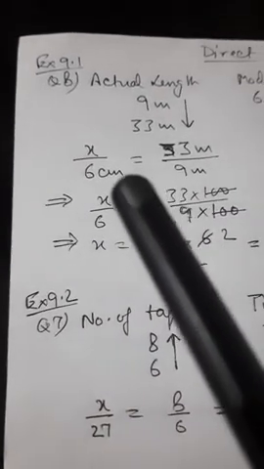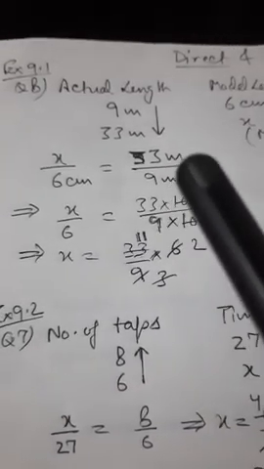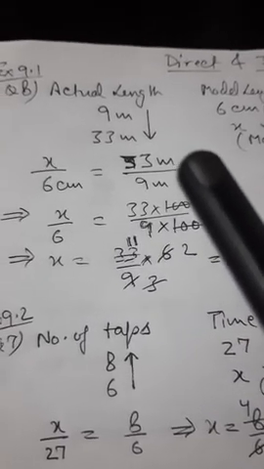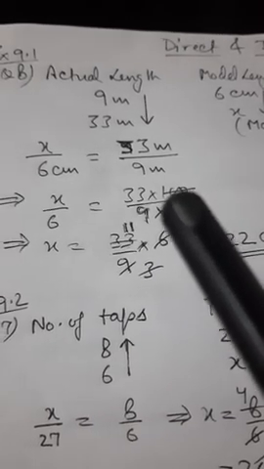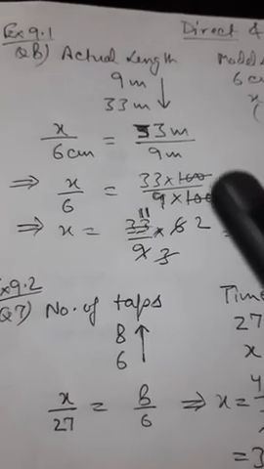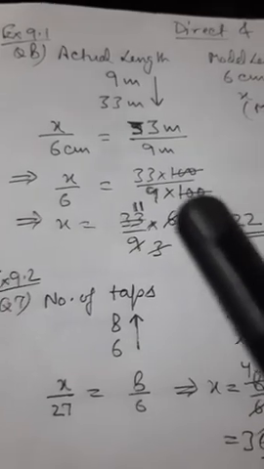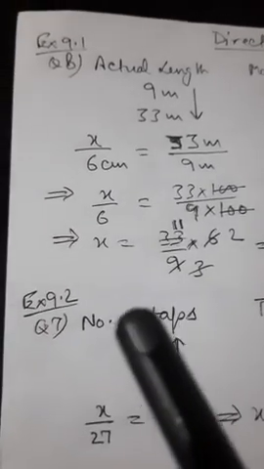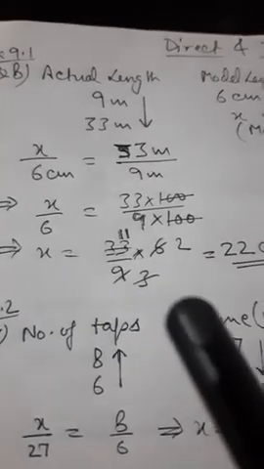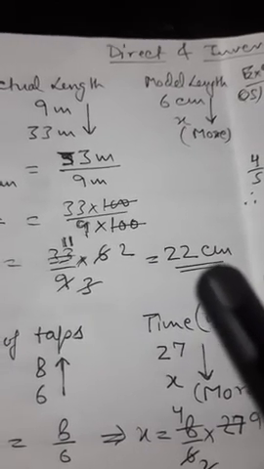Now here this is in centimeter and these two are in meter. So units are not matching, so you can match the units. So meter we can convert in centimeter by multiplying by 100 in both numerator and denominator, though 100 will cancel out because in a ratio we don't have any units, but you can still convert and then cancel out. After that you can cross multiply. You know the process of cross multiplication, and then we get the value of x as 22 centimeter. That is the answer.